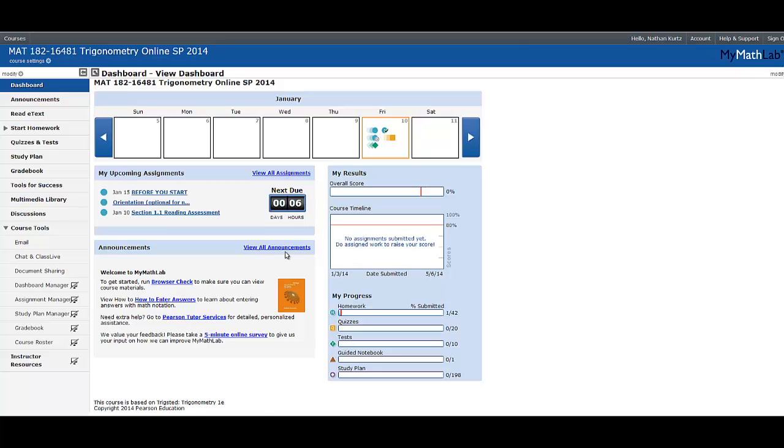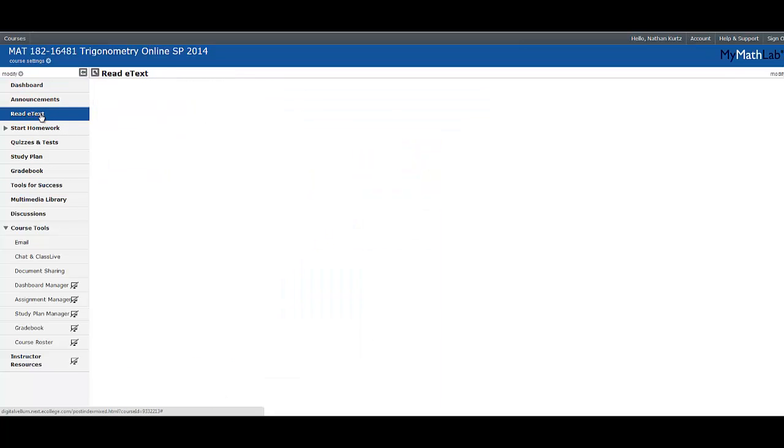So, what should you do when you start? The first thing you need to do is print up the notes from the Canvas course shell under the guided notebook. You're going to take notes through this guided notebook and submit them when you come and take an exam. So the first thing you want to do for a section is click this Read eText. View the eText,